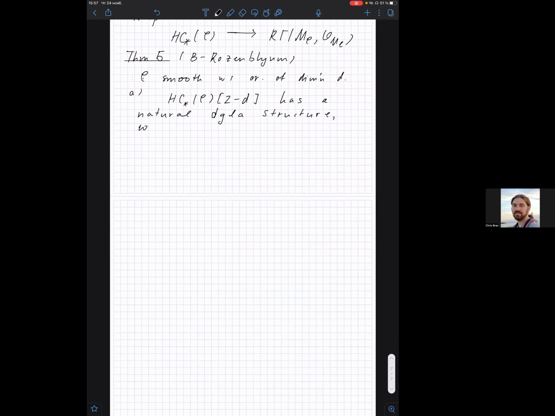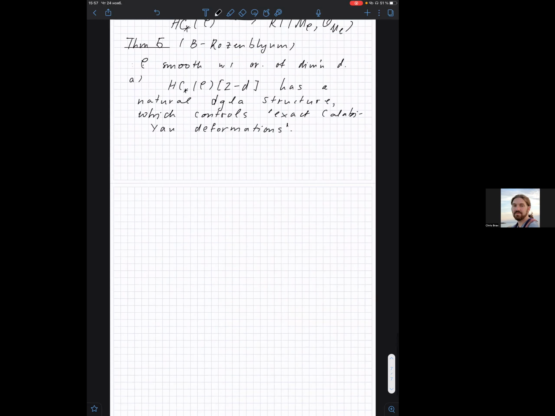So this DGLA, it controls what are called exact Calabi-Yau deformations. So it deforms the category C, it deforms this orientation on it, and it deforms it in an exact way, so that somehow some homology class doesn't change. So that's part A, and part B is that these exact Calabi-Yau deformations